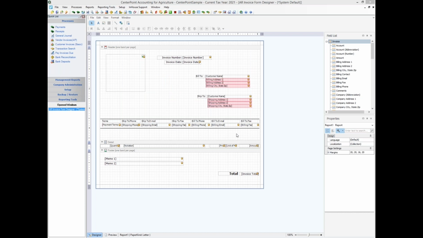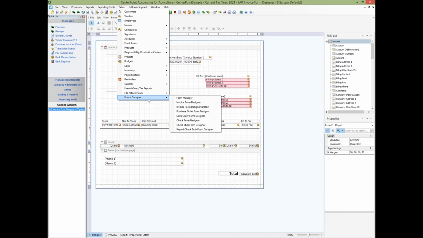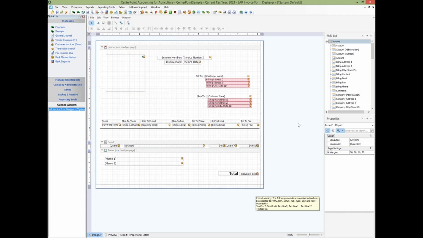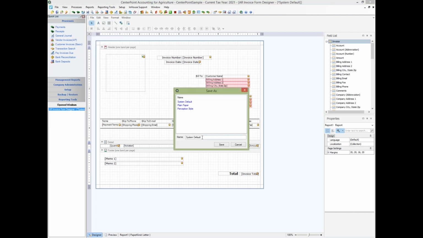We're going to start this video off in a customized form that we have created previously. To review, in order to access Forms Designer, go to Setup, Forms Designer, Invoice Forms Designer. If I want to save this form as a custom form, I'm going to go to File, Save. I'm going to name my form, so you can name it whatever you like. I'm going to name it CenterPoint